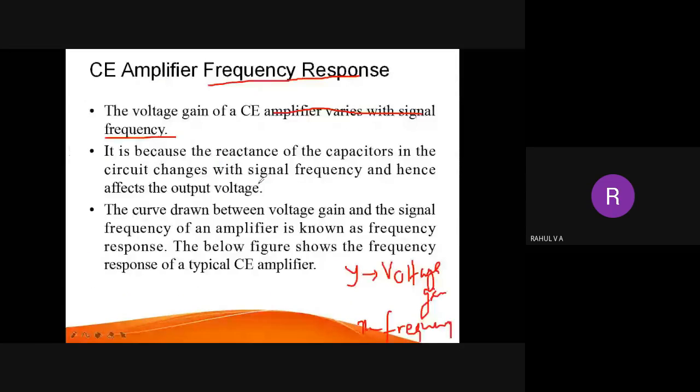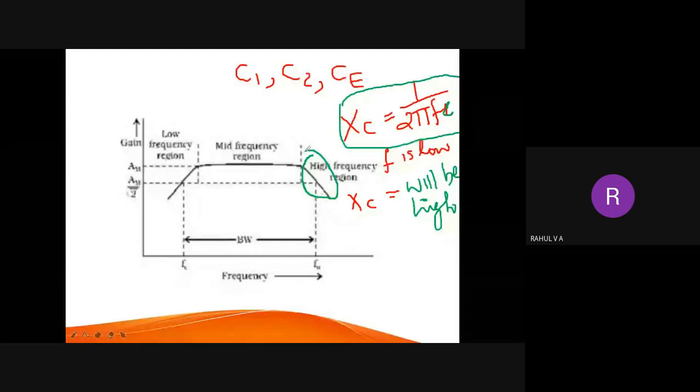High frequency region. Okay, so low frequency region low gain happens for one reason, because of the high reactance of the capacitor. But for high frequency region gain drop there are two reasons. One is the internal property of the transistor, because there are two junctions, it will affect the working of this transistor. And another is when the frequency of the capacitor is more, the reactance becomes very less, it will cause some current to flow from VCC to the input, and it affects the working of the circuit.